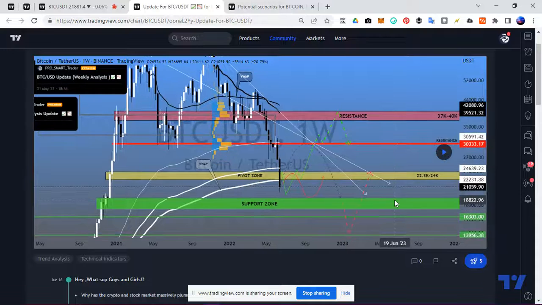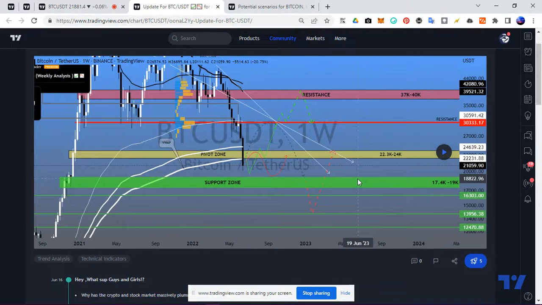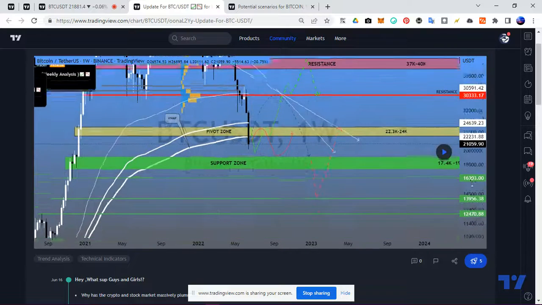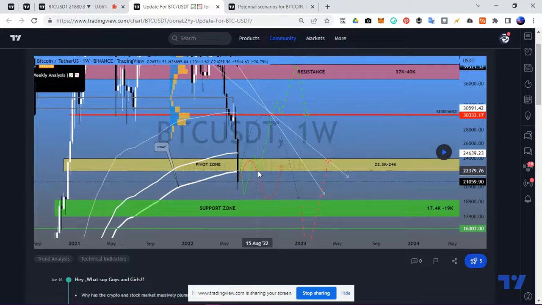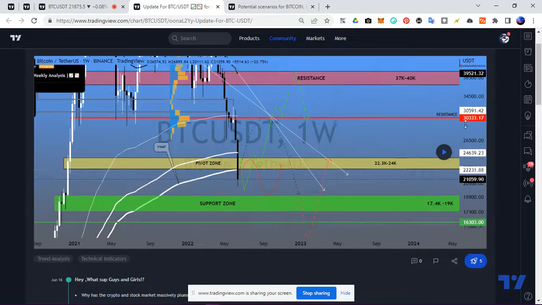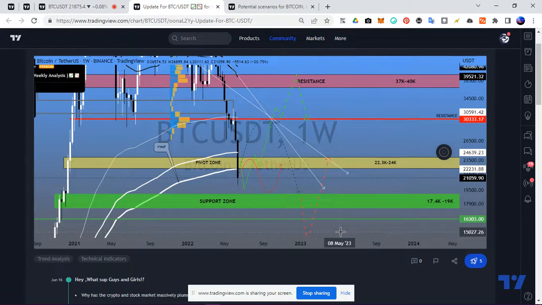And as you can see in this analysis, I told you guys probably Bitcoin will fluctuate between these two important zones, between support and pivot zone, for a while, and then it will attack the higher resistance pivot zone. So what happened next? As you can see here,